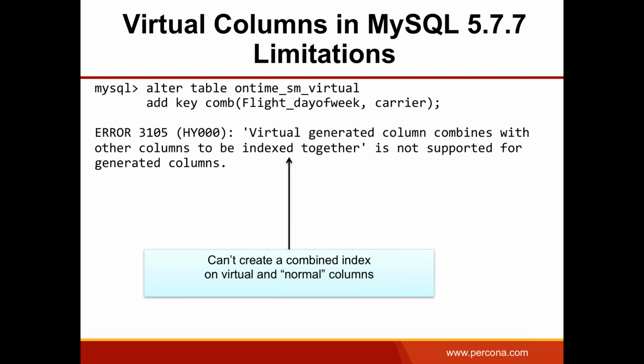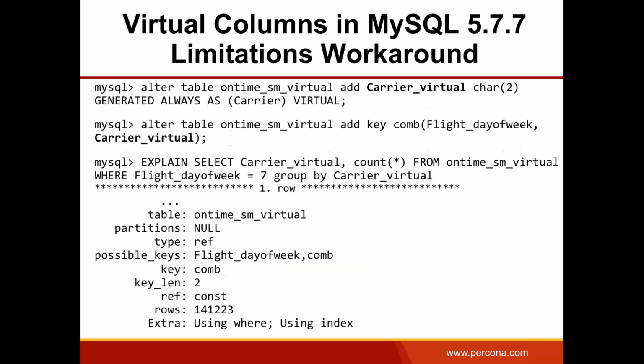The workaround for that is we can create another dummy virtual column on our carrier. In this case, I create carrier virtual. I declare it as the same char2, and I don't use any function on top of that. Because we have two virtual columns, we can mix them in one index. So that works. So as you can see here, that is very good for the performance because it also avoids